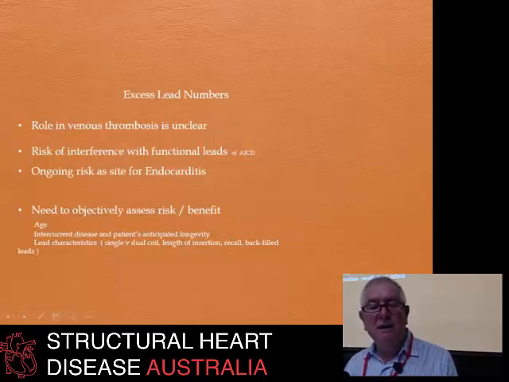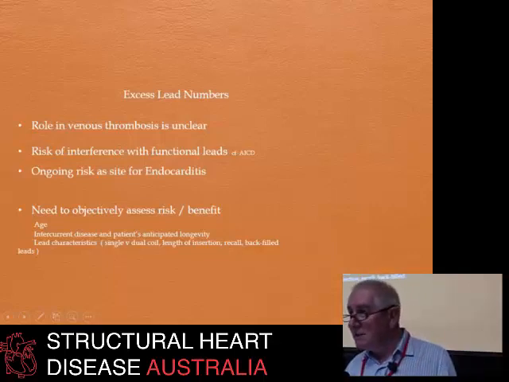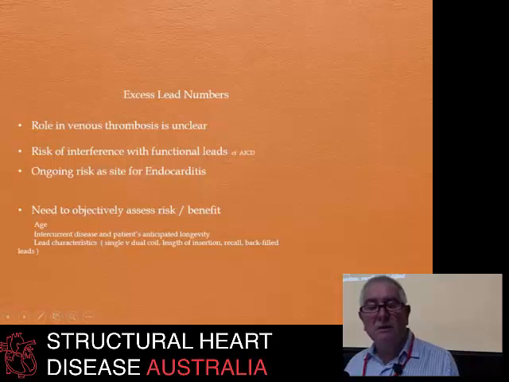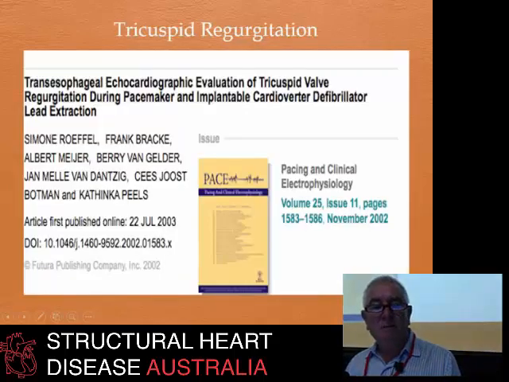But I think before we take out abandoned non-functional leads, we need to really look at the risk-benefit, and that would include looking at the patient's age, how long you think they're going to be around, intercurrent disease and anticipated longevity, and the lead characteristics. In other words, is this going to be a risky extraction, or is it something that should be able to be achieved relatively easily? Tricuspid regurgitation is another potential problem with lead extraction, and I'll just go through this very